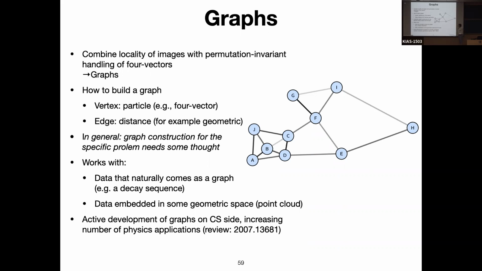So I'm pretty sure that the papers that started this whole business use delta R. You could also, and other people have been doing that, represent XYZ space and cluster in XYZ space. This is useful, for example, if you have hits in the calorimeter where you really care about the geometrical situation. However, let's wait a moment until we see how graph networks work,